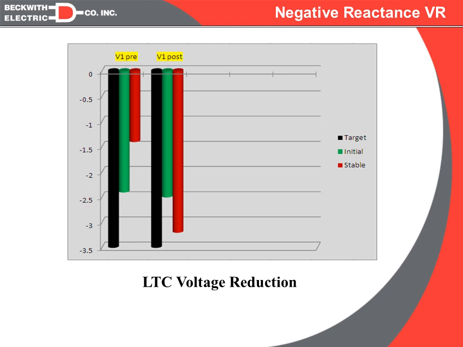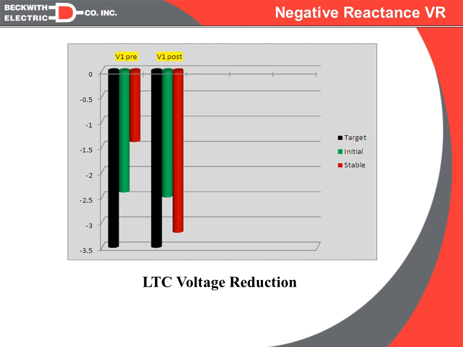When it was initially issued, the regulator tapped it down and reduced it by 2.5%, but because of the bias, we have the leading capacitor banks closing, driving it leading. That actually encouraged the voltage to be raised instead of lowered, and we got a net 1.5% reduction, not what we wanted. But after flipping the sign, we can see that when we issued a 3.5, we started at about